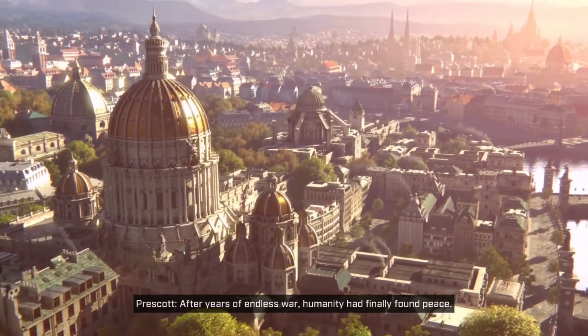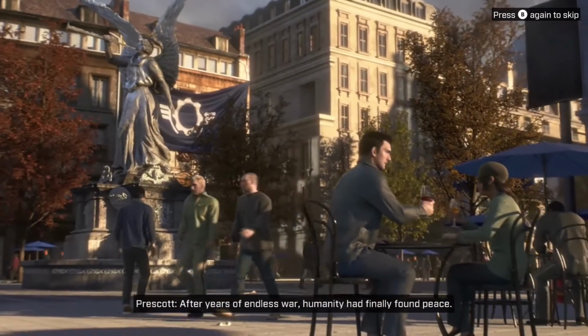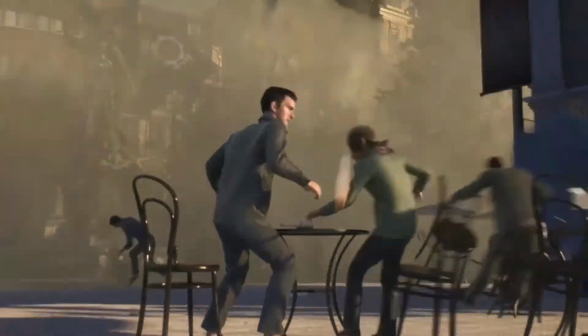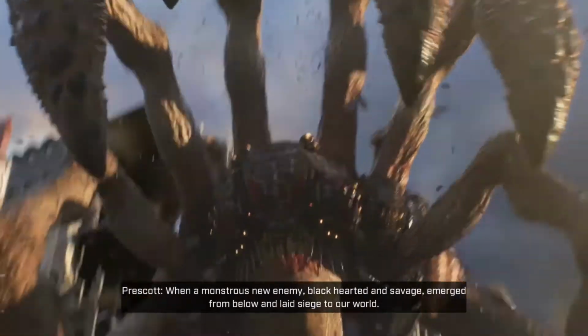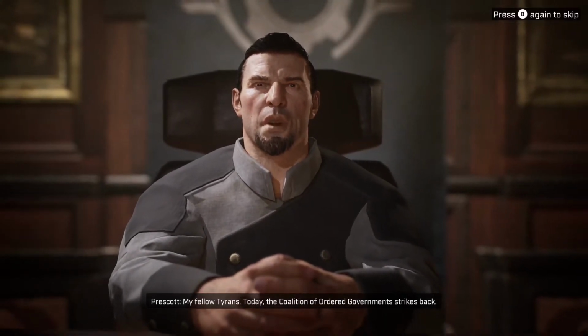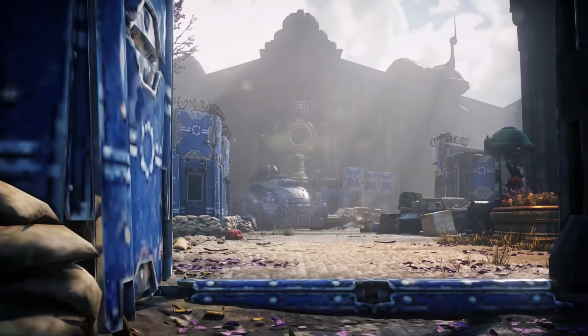Start mission. After years of endless war, humanity had finally found peace. Until Emergence Day, when a monstrous new enemy, black-hearted and savage, emerged from below and laid waste. My fellow tyrants. Today, the coalition of all...